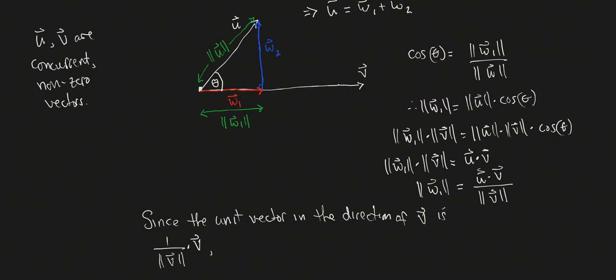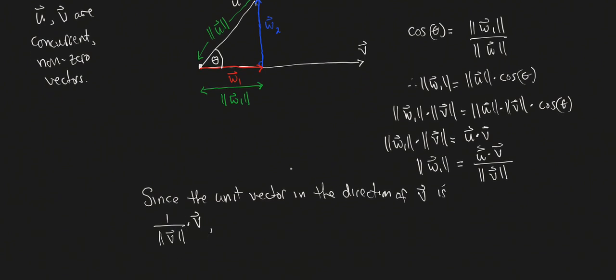Notice they're pointing in the same direction. This is the vector of length 1. Now w1 is going to be the vector of length u dot v over the magnitude of v, times this unit vector. So since the unit vector in the direction of v is given by this,